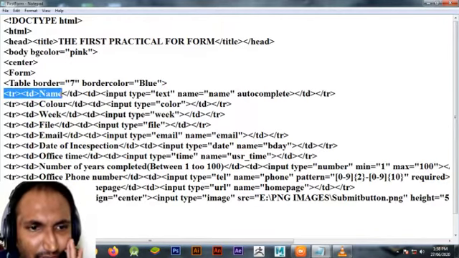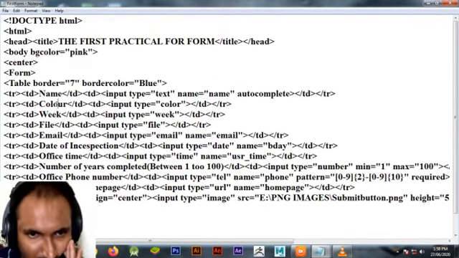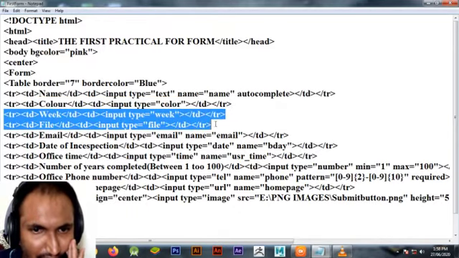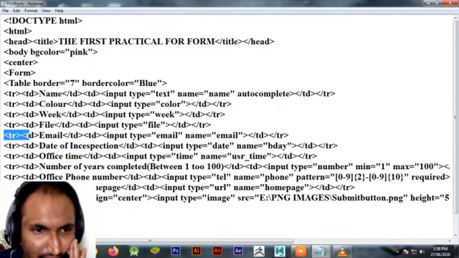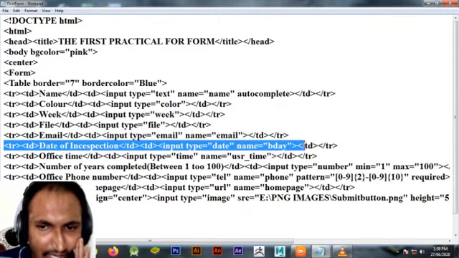Row number 1 is our same input, that is, we have taken text, color, week, file, email. I have just added them in tr tag and td tag.